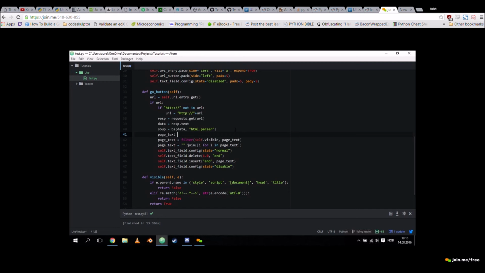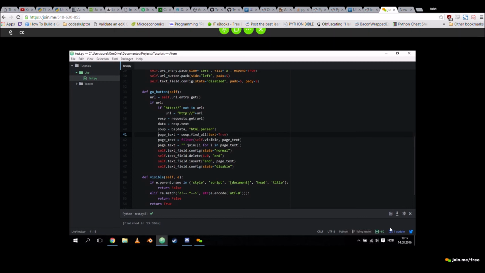Anytime. So obviously I'm reading up things that I wrote last week when I first wanted to do this tutorial. So obviously there is a find all here, and it actually looks like that despite what we did yesterday. So I don't know what went wrong then. So there it is, and that's a good find, because obviously without this line, we had a soup object, and then we had a page text object that was calling for a page text object that didn't exist. So we take the soup, we go find all, it takes all the text.